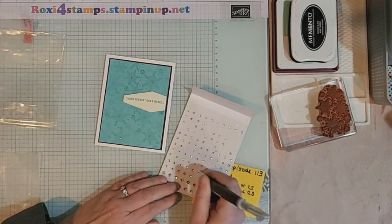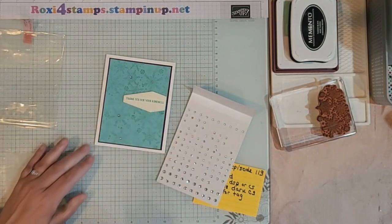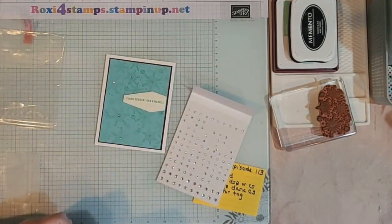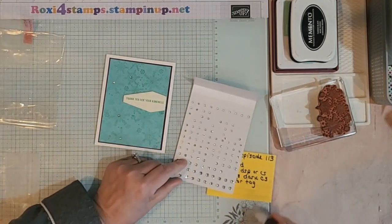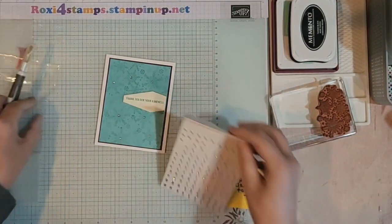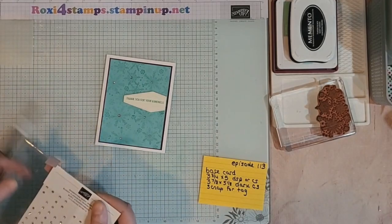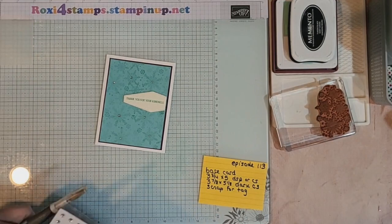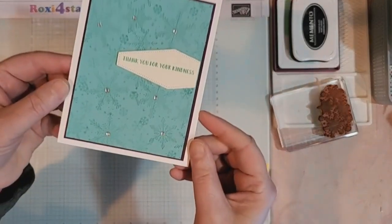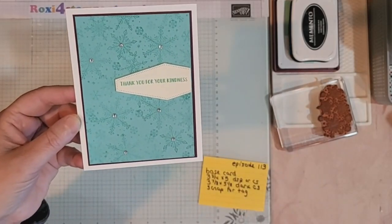Let's see, let me do a bigger one. That one. I feel like I need a little one over there. I don't know, I'll put one right there. You get to the point where you got to know when to stop. And I usually don't know when to stop, but I'm going to force myself to stop here. That is an odd amount of gemstones, which I usually like doing. Embellishments, they're not gemstones. So there you are. Just a quick and easy card,